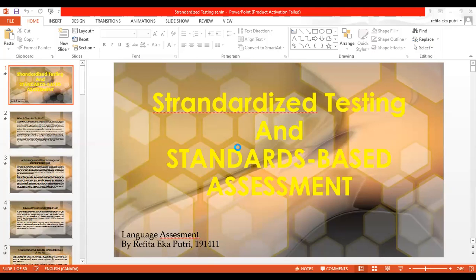Oke, hari ini saya bakal presentasi tentang chapter 4 and chapter 5 itu standard user testing and standard based assessment. What is standardization? A standard user test proposes certain standard of